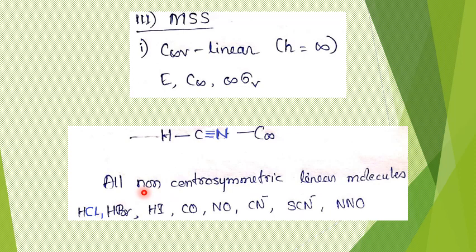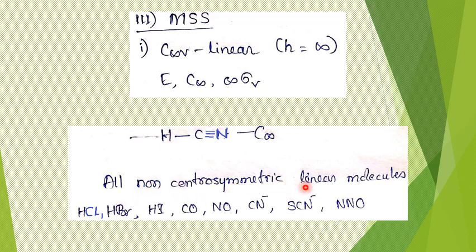One important hint: all linear molecules which are non-centrosymmetric. Non-centrosymmetric means they shouldn't have an inversion center. In this case, if an inversion center exists, it should exist at the center carbon atom. And if we move away from this inversion center in both directions, we should get identical orientation, meeting identical atoms. But see, if I move in this direction, I meet N here. If I move in this direction, I get H here. So no inversion center exists in this case, and therefore it's non-centrosymmetric.